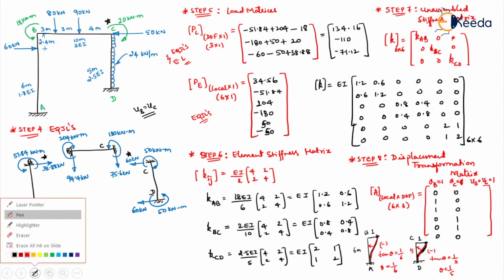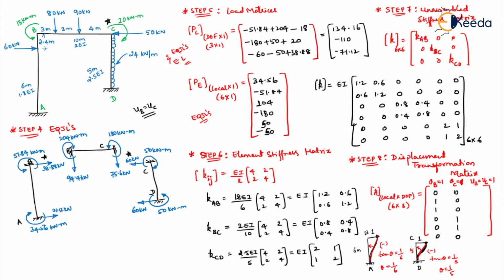Now where will all these values come? See, this first beam is for A and B, so coordinate at A and coordinate at B in this, so 1 and 2. So it's minus 1 by 6, minus 1 by 6. Here 3 and 4 in the BC member, nothing will be happening. So this will be 0 and this will be 0. Coming to the CD member, 1 at C and 1 at D will have the rotation. So that's minus 1 by 5 and minus 1 by 5. So this is a very important step in doing your displacement transformation matrix, right?